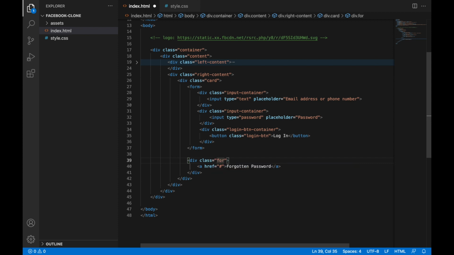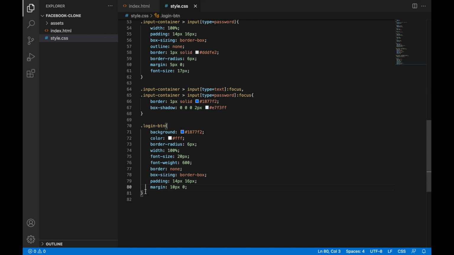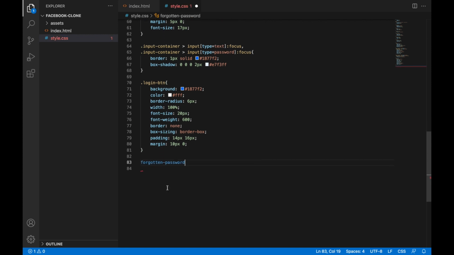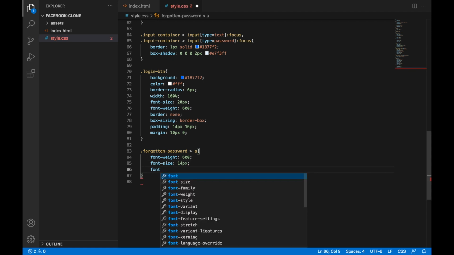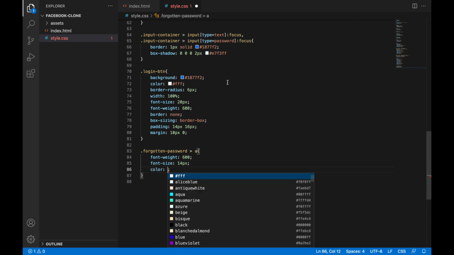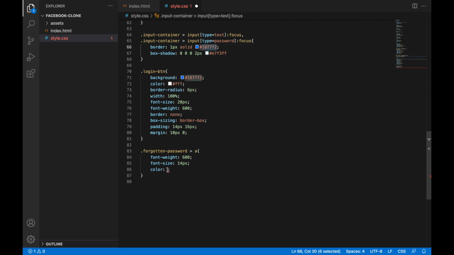Here we're going to say forgotten-password. Save this, use this forgotten password class and apply the design. So here we are going to say forgotten password text class, and it has a div child, that's an anchor tag. And here we are going to say font-weight 600, and font-size 14 pixel, and font color, we are now going to apply the same color. Let's copy and paste over here,